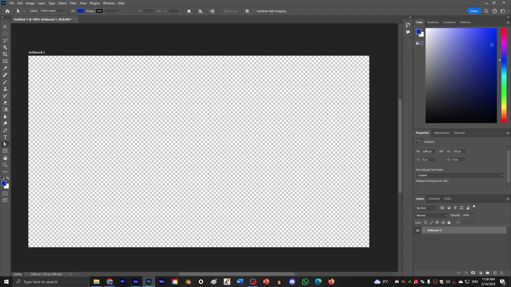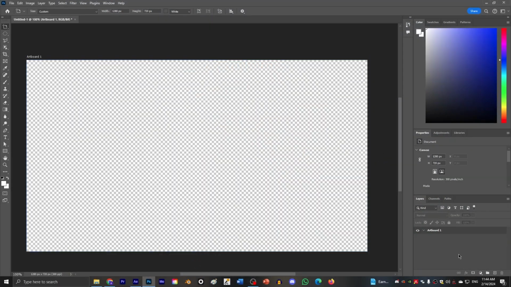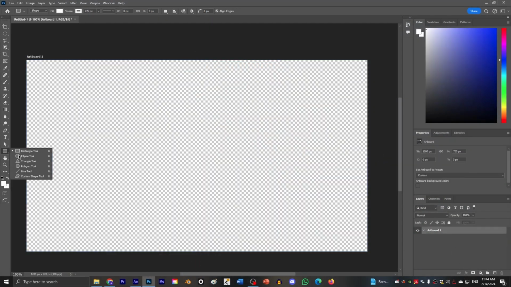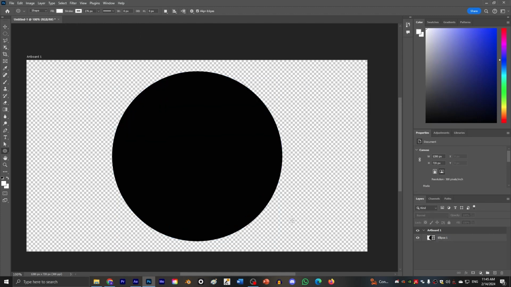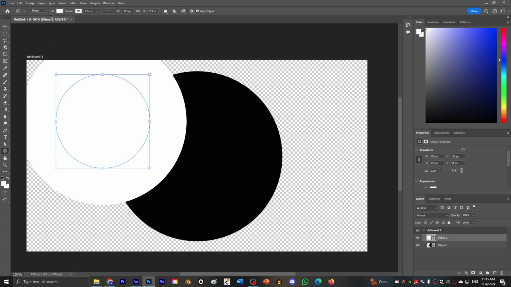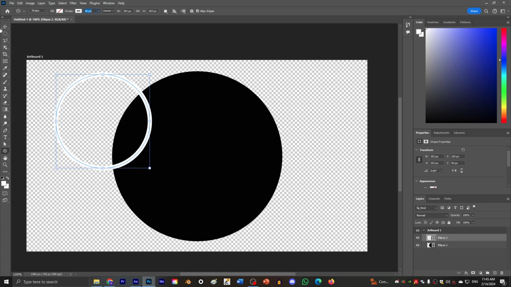Now that I showed you how to create a logo, I'm going to show how to create different designs. A different type of logo that I want to show you how to create is the round logo, like the one that I used in the Martian Dilemma episode. To create a logo like that, we need to use the ellipse tool to create a circle. Now to create those contours in the circle, if you can call them like that, I basically used outer circles and I didn't use any fill, but I used the stroke.